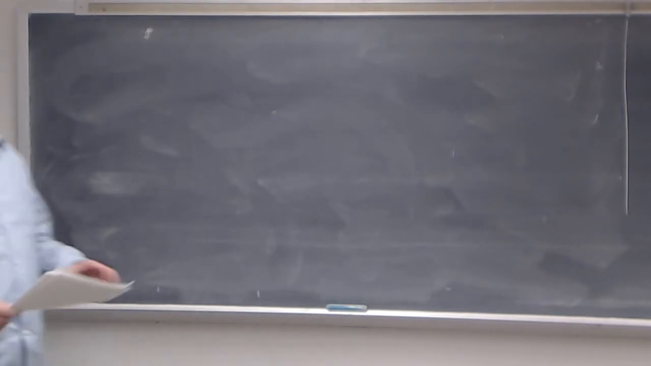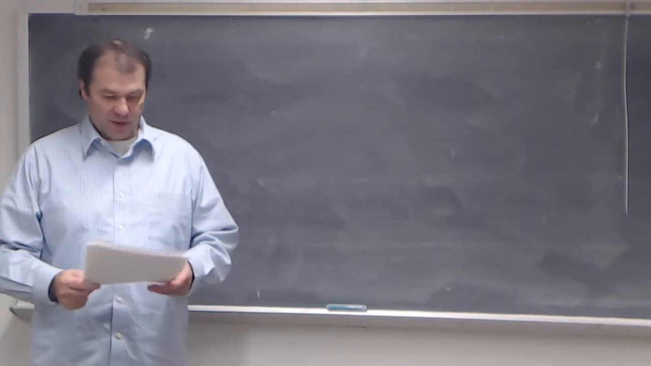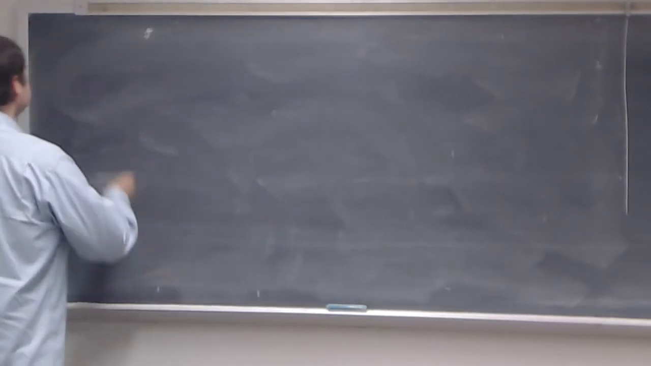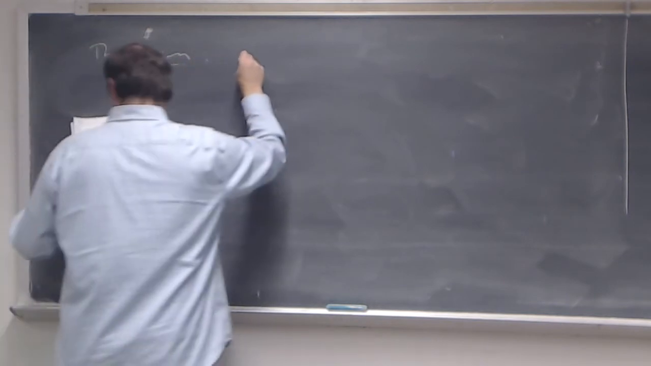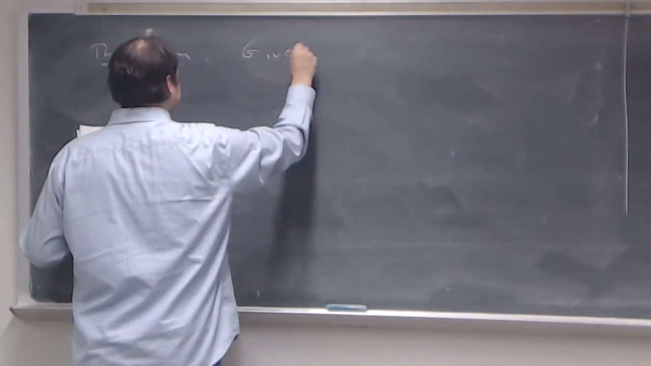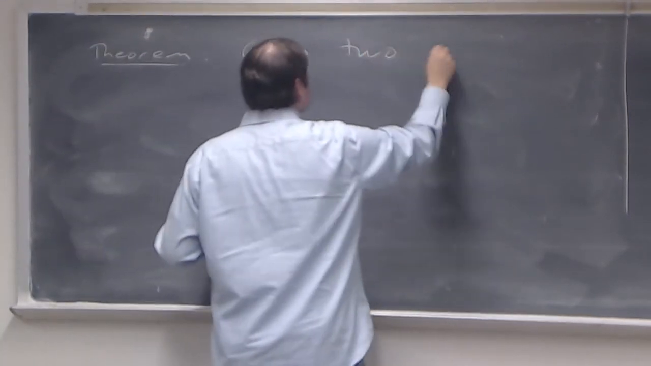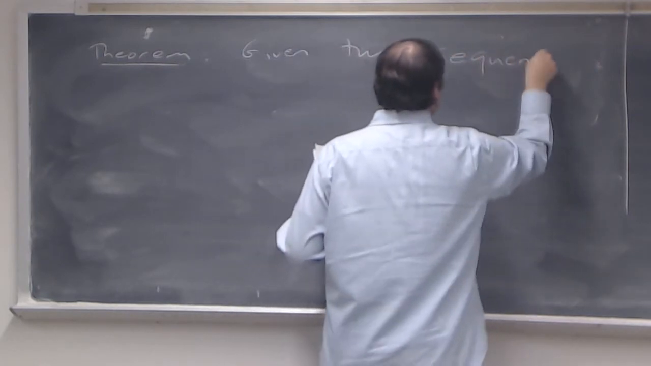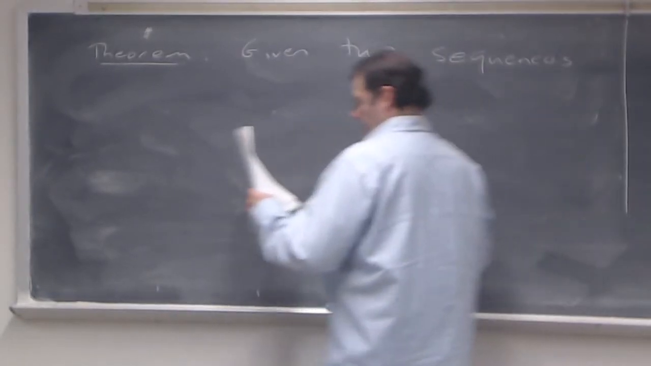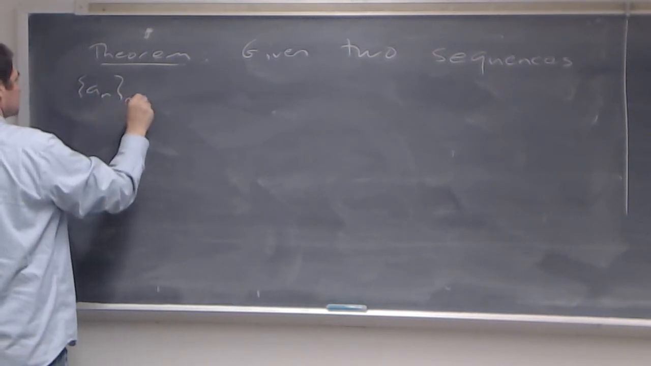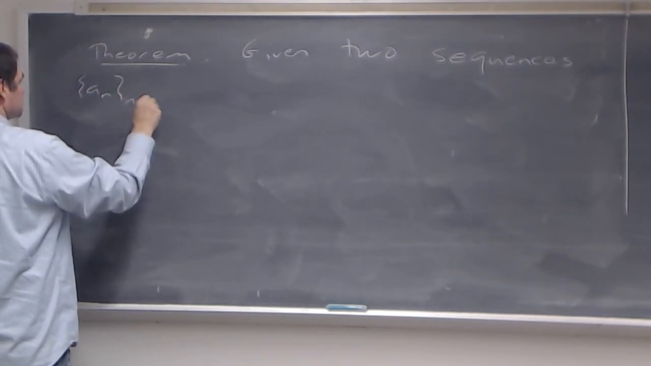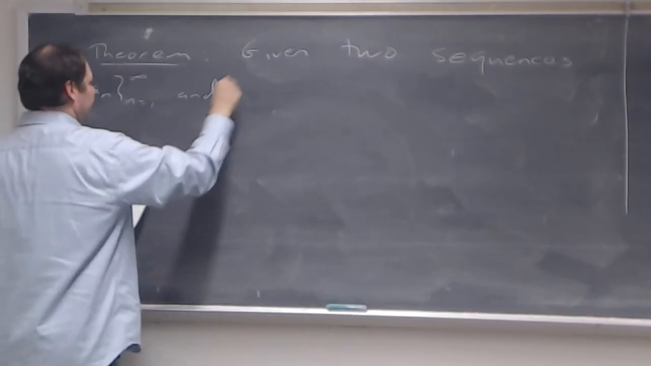Okay, next we're going to look at what I consider to be a little bit of a strange but useful theorem, and here's what it says. And we're going to use it later on in this lecture. It says, given two sequences, A sub n and B sub n,